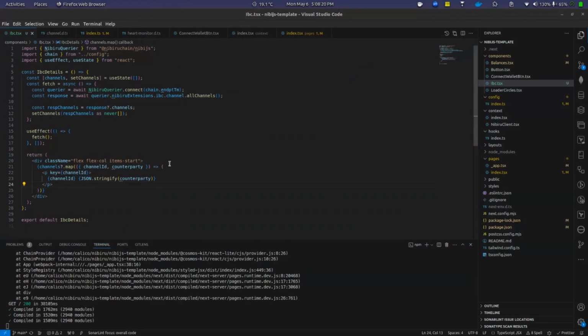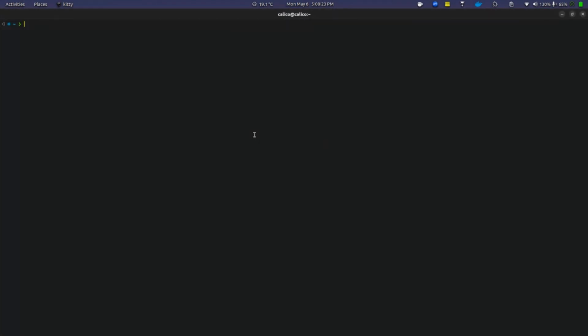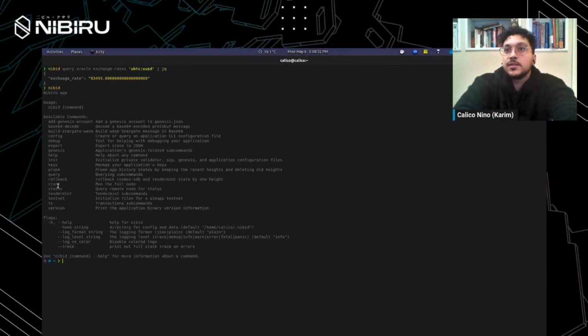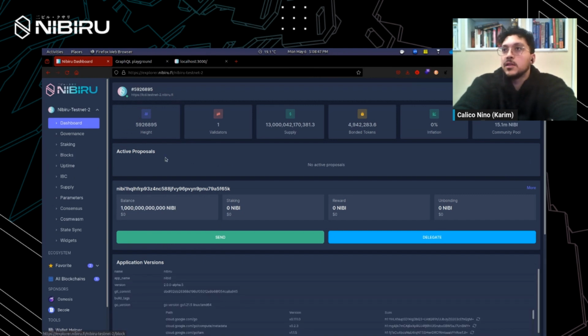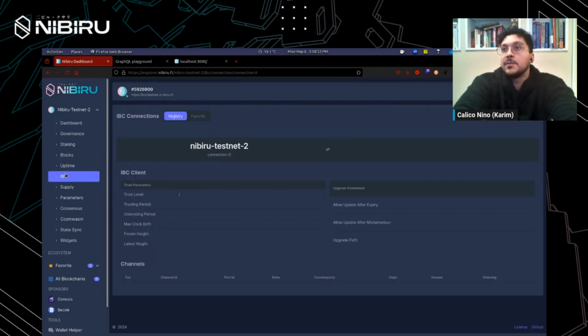I think we can pause it here, but basically what we looked over so far is the Nibid or Nibiru CLI, how you can access the chain via the command line, and you can see all the available commands and modules that you have access to, either through transactions or queries. We also looked over the Explorer page. It's open here and allows you to browse the chain, verify your contract transactions or any information on the chains, or see the IBC information. You can see it across the different chains that we have. Testnet 1 is also available. You can also query accounts to validate